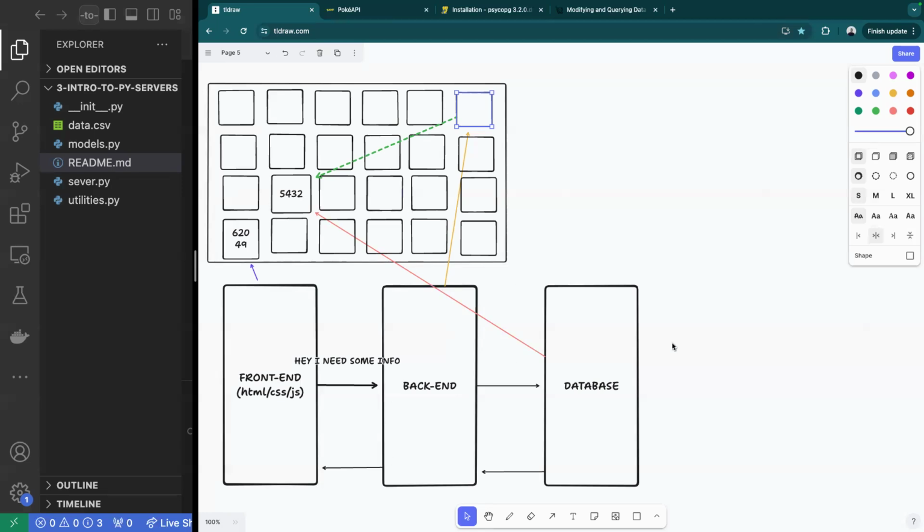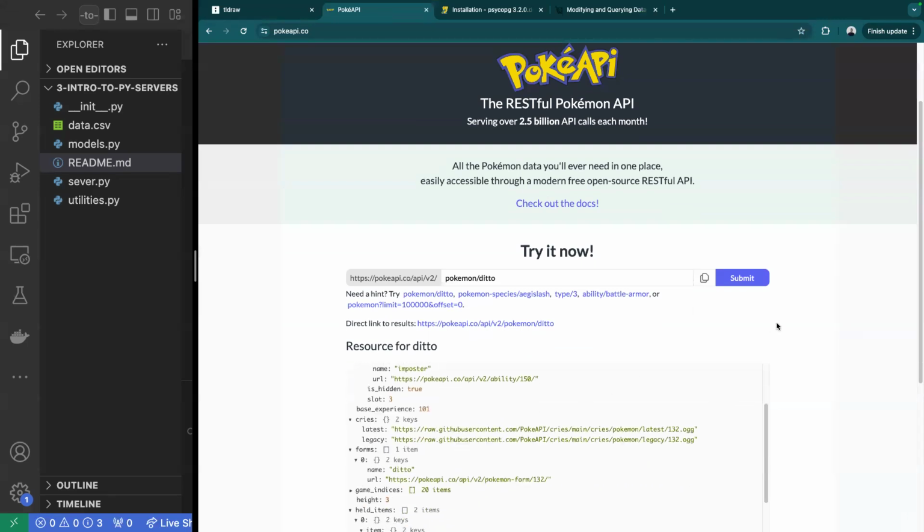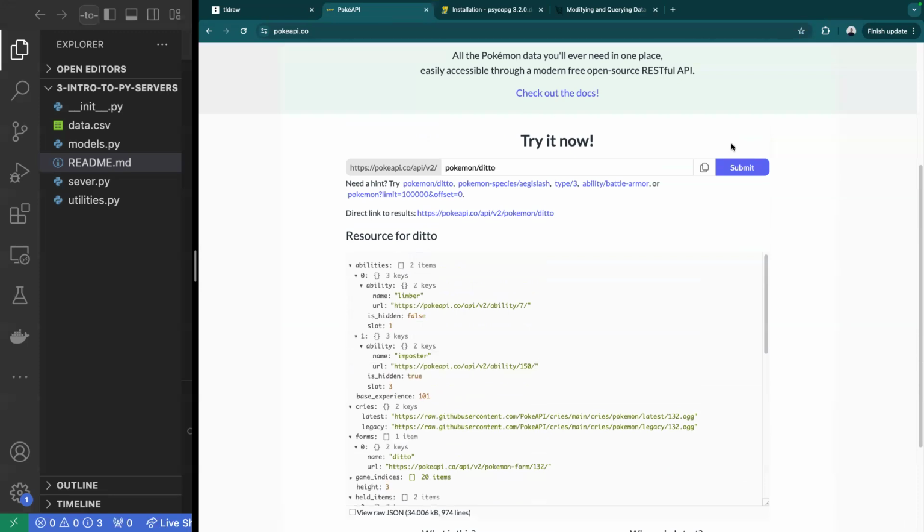Now, a perfect example of this dynamic here, which we're going to be working on today, of our backend and our database, is going to be the PokeAPI. I know at this point we're probably tired of seeing this example, but I personally love this API. Every time you click on submit, this is my front end, right? When I click on submit, this is going to a server. And I know it's going to a server because of that end